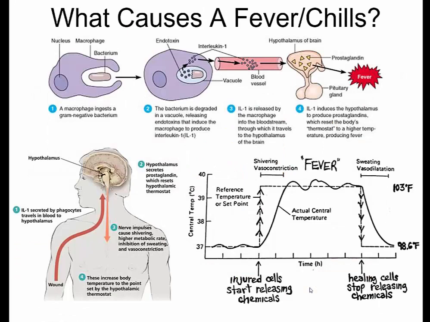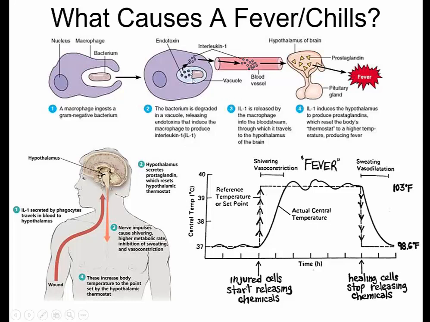And you probably experienced this when you've been ill. What causes a fever and chills? Well, part of your lymphatic system, you have these macrophages, these white blood cells. And if you get a wound in the body, bacteria can come through that wound, or you get exposed to bacteria from an illness, or somebody else who's ill, or things that are in the air, these macrophages will take that bacteria and gobble them up by phagocytosis, and then as that bacteria is